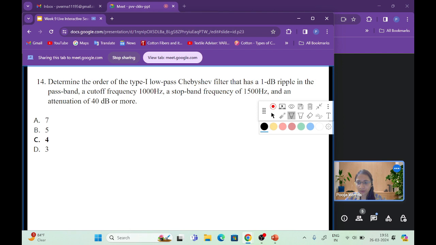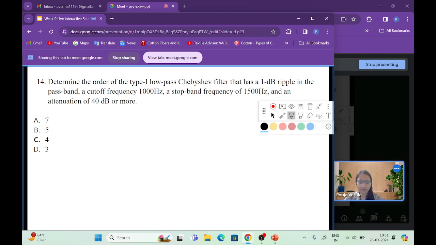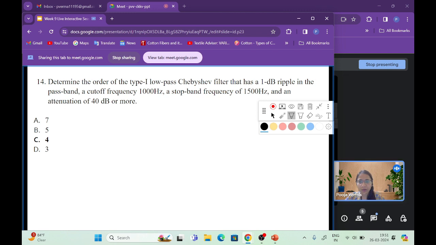So now the next question is: determine the order of a type 1 low pass Chebyshev filter that has a 1 dB ripple in the pass band and cutoff frequency 1000 Hz, the stop band frequency of 1500 Hz and an attenuation of 40 dB or more. Okay. So here the stop band frequency, the cutoff frequency and the attenuation are all given. So now for the type 1 Chebyshev filter